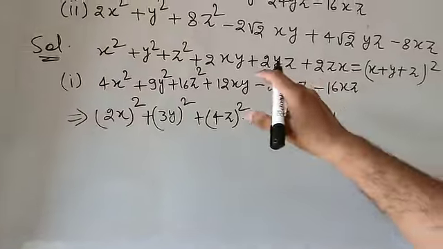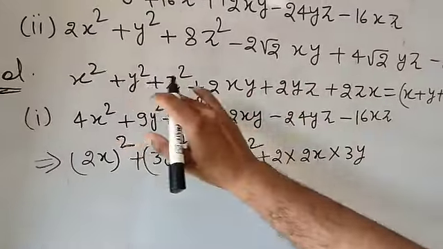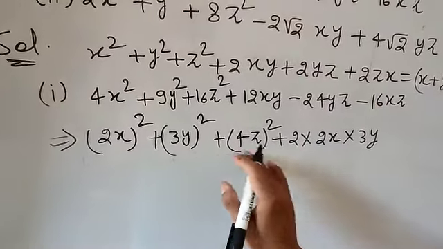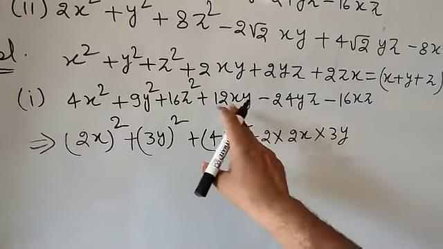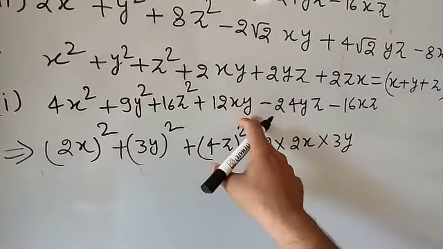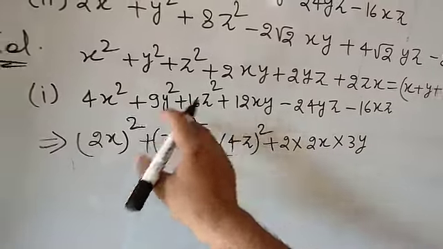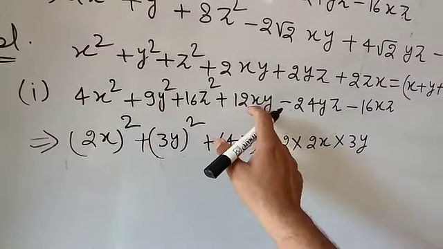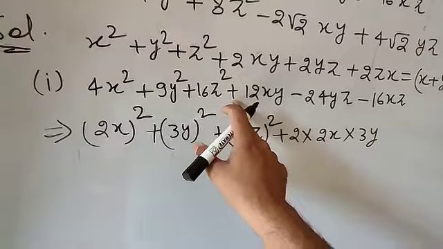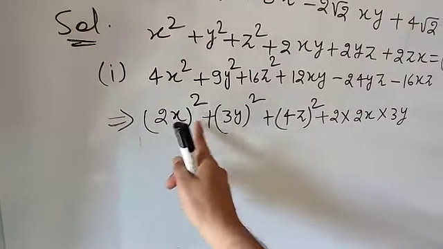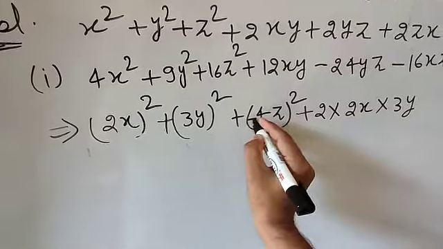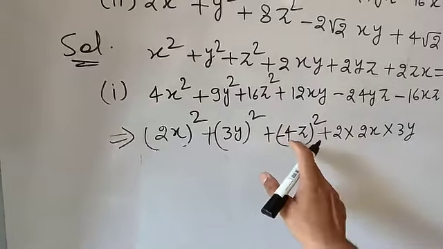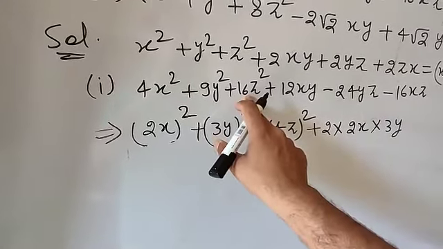But you will find that in the identity all the terms are positive, but in your question certain terms are given negative. It means certain values will be negative. So how will you find the negative term? Now the multiplication of x and y is positive, here plus is given. All the first three terms will always be positive, so leave those, and here it is plus 12xy. It means the x and y multiplication is positive, so x and y will be positive, and leaving that, z will be negative. It means here you will write minus 4z whole square. The value will be the same. If you find the square of minus 4z, that will be 16z square.